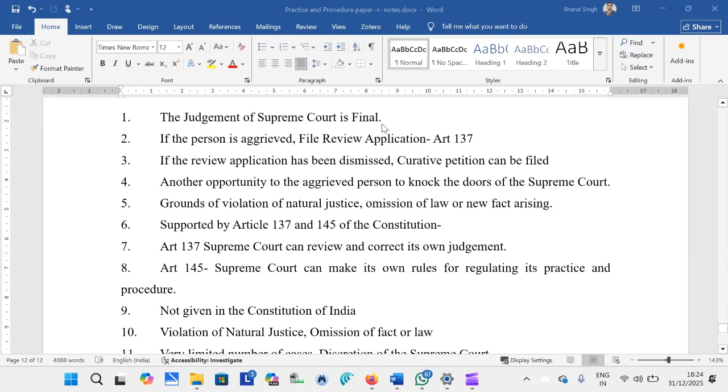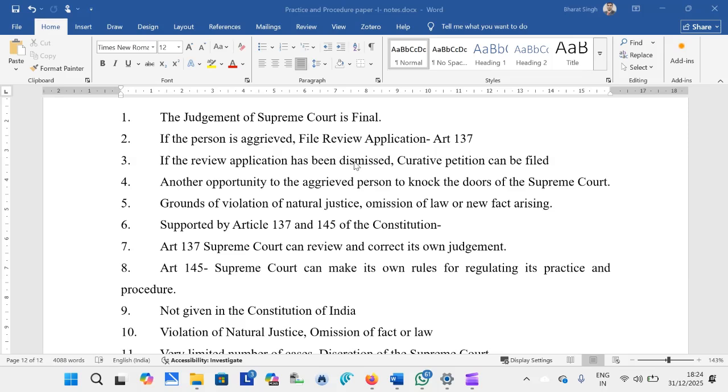However, there are provisions under Article 137 of the Constitution under which a review application can be filed by the aggrieved person. In spite of that, if the review application is dismissed and the aggrieved person feels that he has missed an opportunity to be granted justice and he is not satisfied by the order of the Supreme Court, and he feels